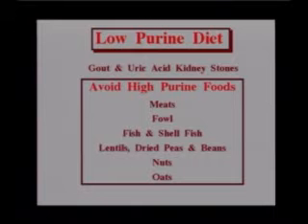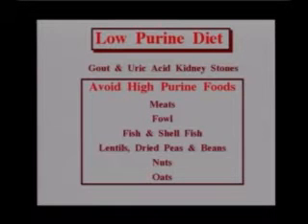Patients who have gout may be placed on a low purine diet. So both people with gout and also uric acid kidney stones are going to be on a low purine diet, because the uric acid crystals are part of the purine metabolism. Now, foods that are high in purines: meats, especially organ meats. So patients should not be eating liver, for instance, when they have gout.